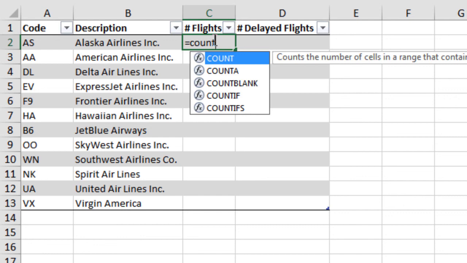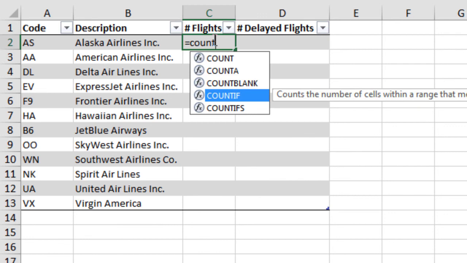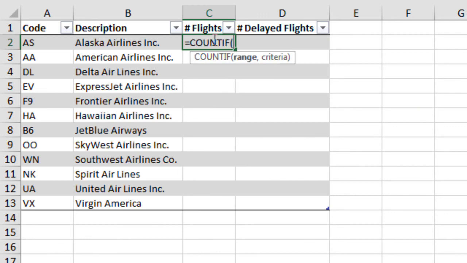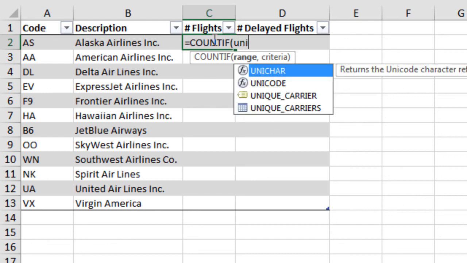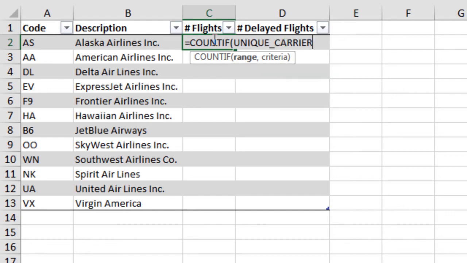And use the downward arrow to select the COUNTIF function and then hit tab to bring it into my formula. And now we can see the two arguments for that function. In the first argument, we need to specify the range that contains the values we want counted. That is the unique carrier column. So I'm just going to start typing unique carrier. Select it from the list, hit tab to move it into our formula, type a comma to advance to the